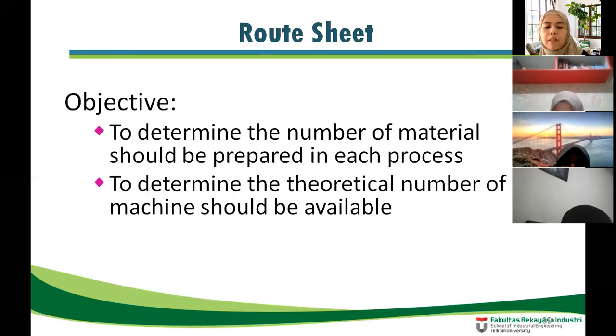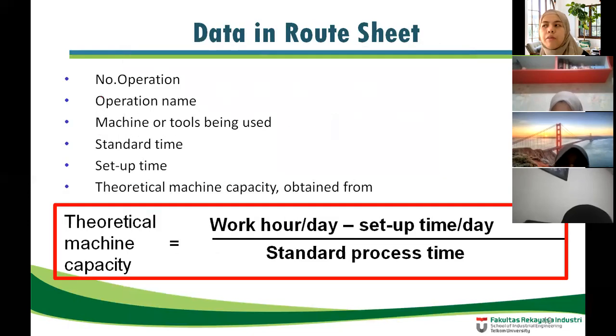And then we have a routing sheet. The routing sheet is just like counting the perfect machines that should be purchased by the company or invested in, using a series of formulas. Make sure you know how to use the operation process chart, and then you know the tools and the machines that should be used, and how to calculate the standard time,